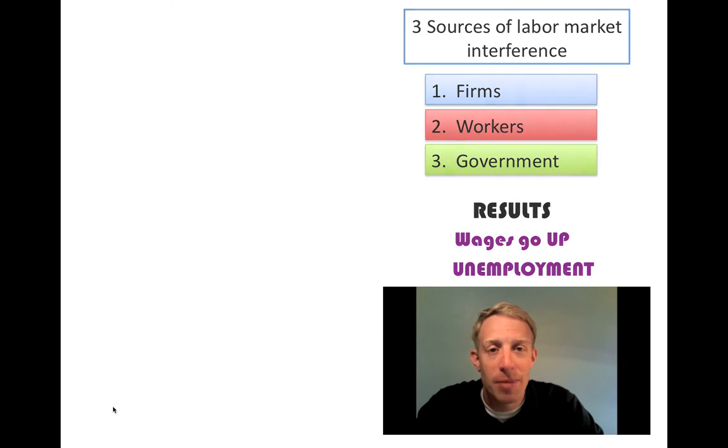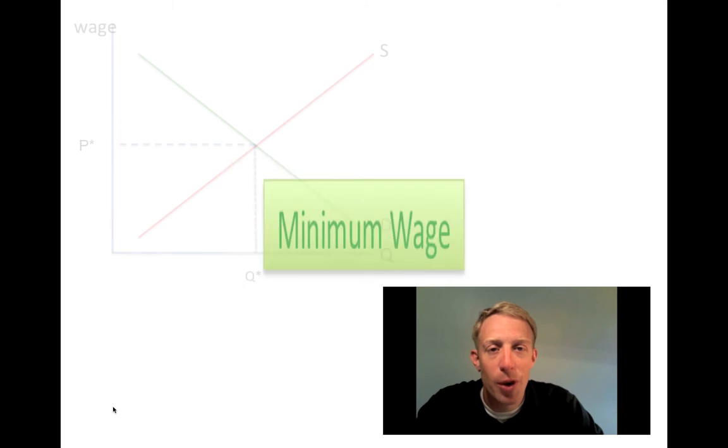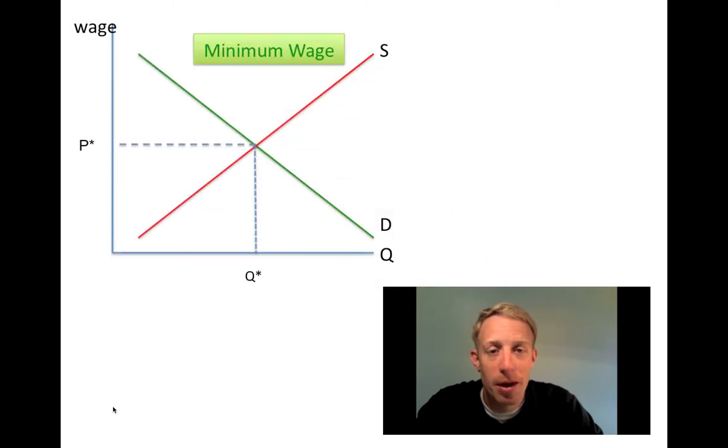The first I want to take a look at is something you're probably familiar with: the minimum wage. The minimum wage is a price control implemented by government. It is put in place in a labor market where the wage is deemed to be too low by some well-meaning individual or group of people. So the price control, the price floor in this case, has to be set above the equilibrium wage rate. Unfortunately, when that happens, the amount of workers that a firm wants to hire goes down, while the number of people who want to work at a job goes up.